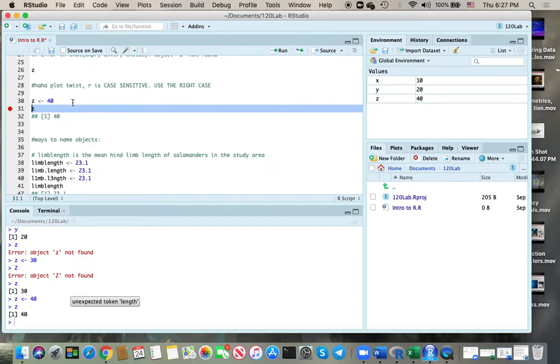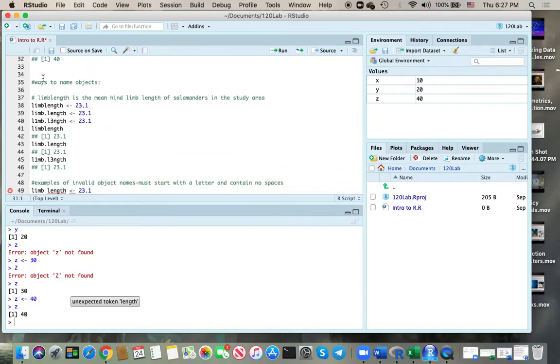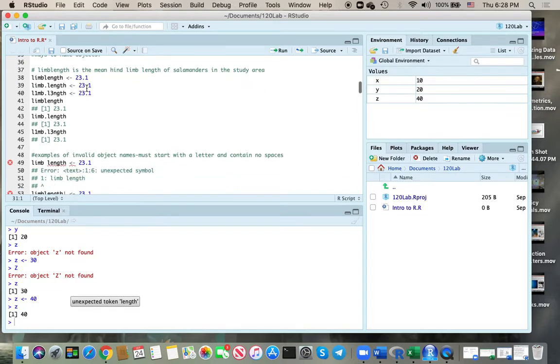You can name objects, so like we were just using x, y, z, but if you're running like a billion different variables, you're going to want to have more specific names. And trust me, it gets complicated really fast. So here are some examples of it. We're going to go with limb length as the mean hind limb length of salamanders in the study area. It's just an example. So we could name it limb length here, limb.length,